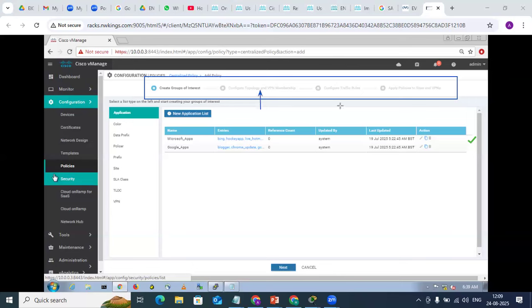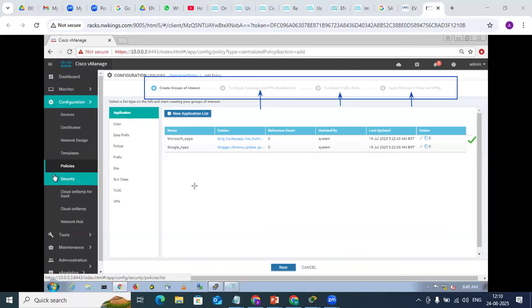And the third parameter is, in case you wanted to configure the data plane policy. And the fourth parameter is where exactly you wanted to apply these policies: on sites, on VPNs, on services. So you need to create group of interest, and you can call all those groups of interest within the policies. Multiple policies can be created and multiple policies can be deployed. Right? So that's the way the policy works.